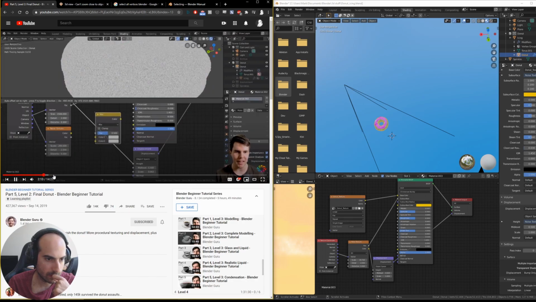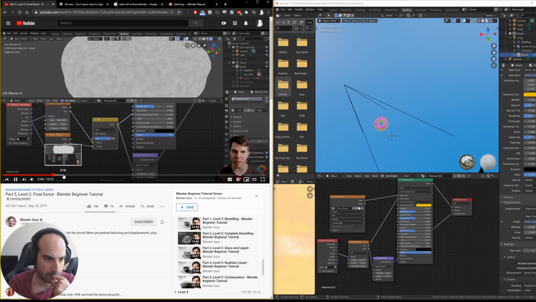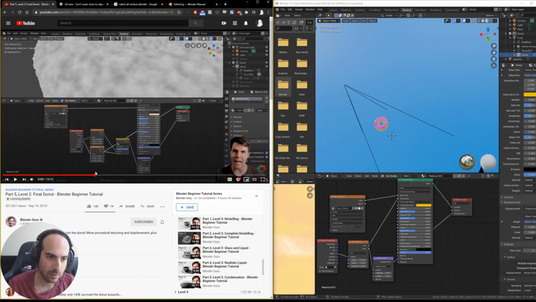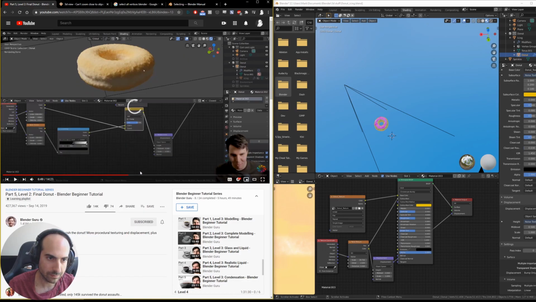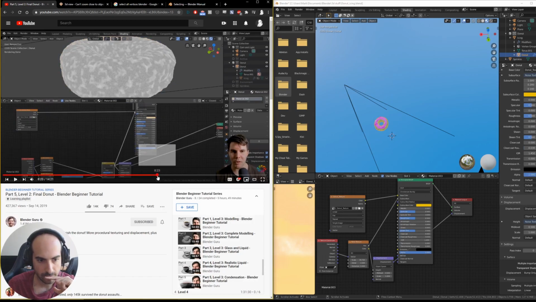Mix RGB, and we're going to drop this in right here. We actually want both of them. Oh, I see. So we're going to add two sources of noise, one for these big bumps and one for little bumps. So you can add multiple sources of displacement. So it's like a more complicated shader graph. It's going to be cooked more than before when we were using